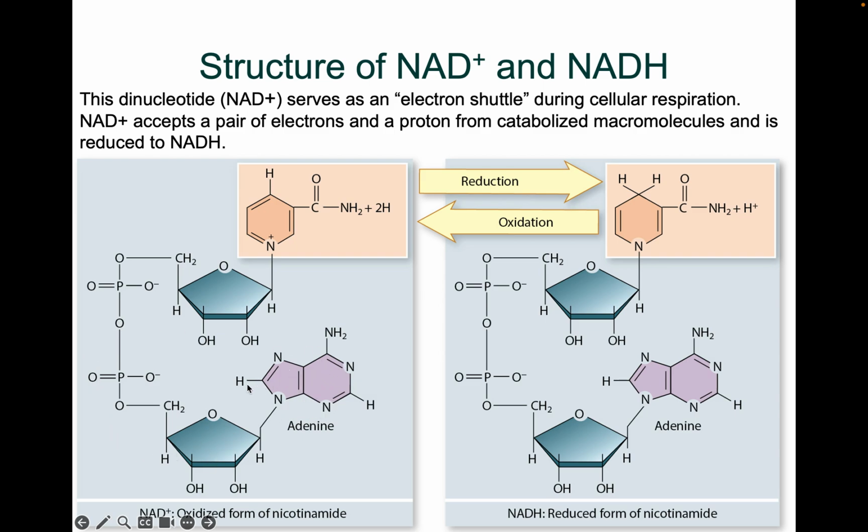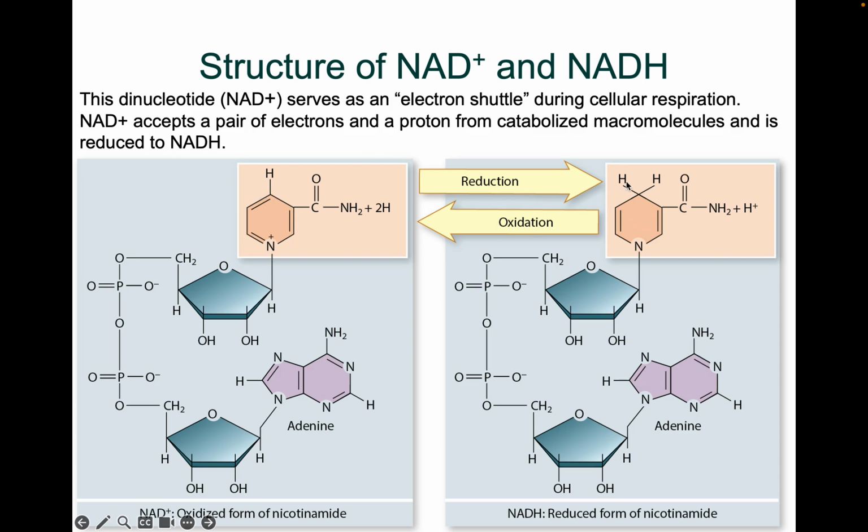So this is adenosine monophosphate (AMP), and this phosphate is then bound to another nucleotide that has this nicotinamide. All the action, all the accepting of electrons happens in this one, in the nicotinamide nucleotide. Not here in the adenine, this area is more responsible for binding to enzymes, but this one is doing the job. This is the one accepting electrons. So when it accepts electrons, it focuses mostly here.